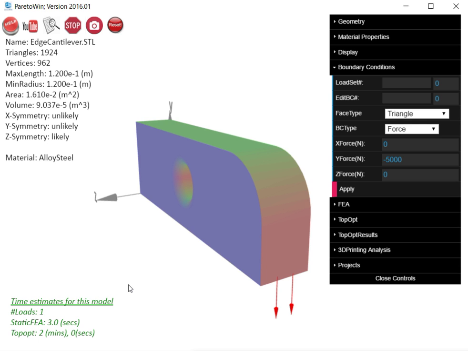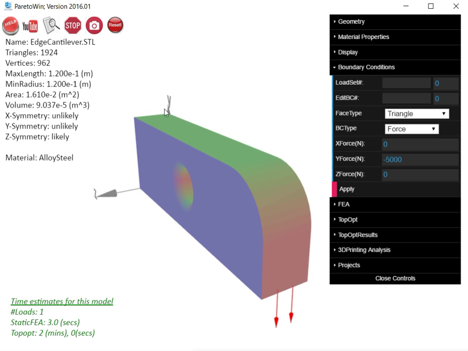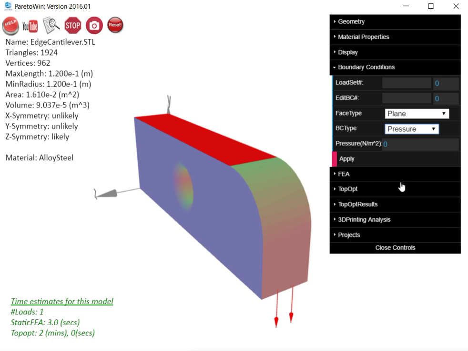The next problem we'd like to solve is to pick the planar face, just the planar portion of the top face. And as expected, we have the plane option, and this picks triangles that make up a plane. So you can pick anywhere on this plane, and it picks the portion that makes up a plane and does not go beyond the planar portion. And now we can apply, say for example, a pressure loading of 10,000 pascals